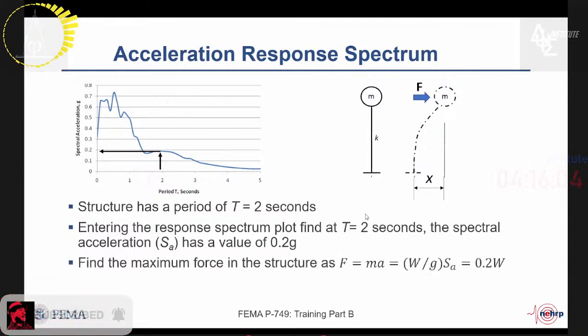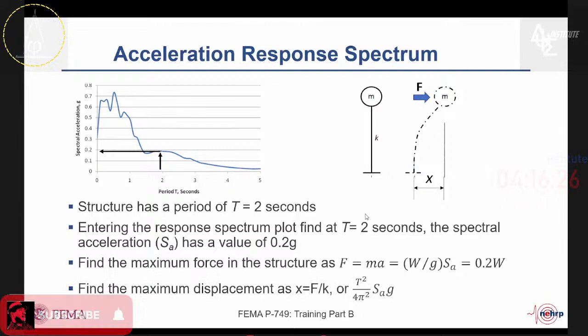I can then find the maximum force in the structure using Newton's second law, as force equals mass times acceleration, is just equal to 0.2 times the weight of the structure. That is assuming that the spectral acceleration is expressed as it is here in units of fractions of the acceleration due to gravity. If I want to find the maximum displacement, I can do what I always do in statics,